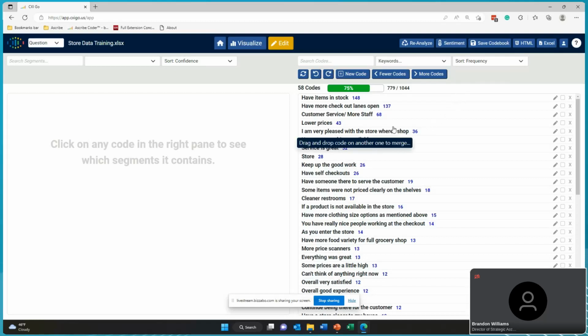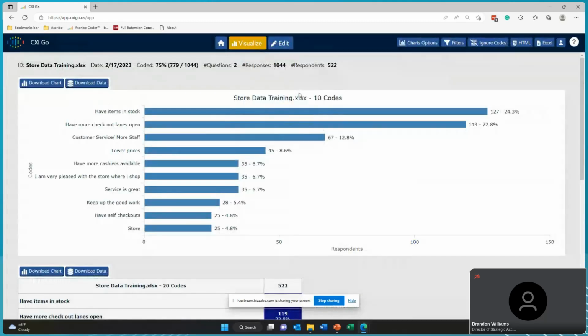But at the end of the day, now that I've gone through and done all of my groupings and put everything together, I want to get back to the visualizations, because visualizing is where really we get to the meat of the content. So remember, for the visualizing here, I have to produce charts and tables to send out to my team and even potentially some of my own analysis.